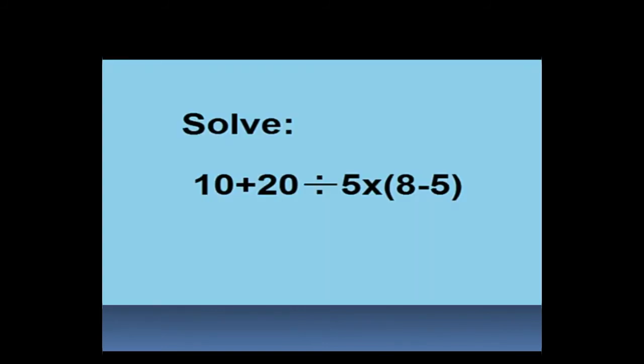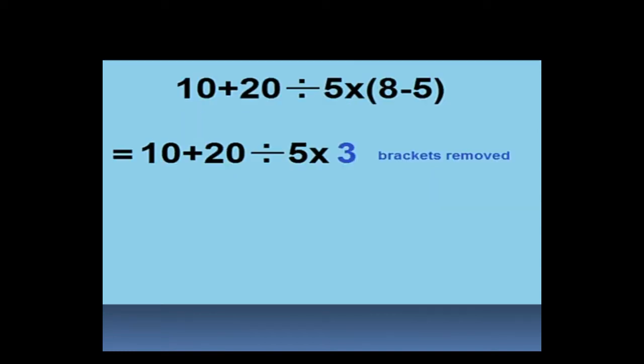To give you more practice, I have given you another example, and I want you to practice it on your practice notebooks also. Here the difference from the previous example is that the brackets were given in the beginning and now the brackets are at the end. Is there any difference? No, we are going to follow the same pattern. We are going to solve the brackets first. So by solving the bracket over here, 8 minus 5 will give you 3. Okay, and we are going to remove the brackets.